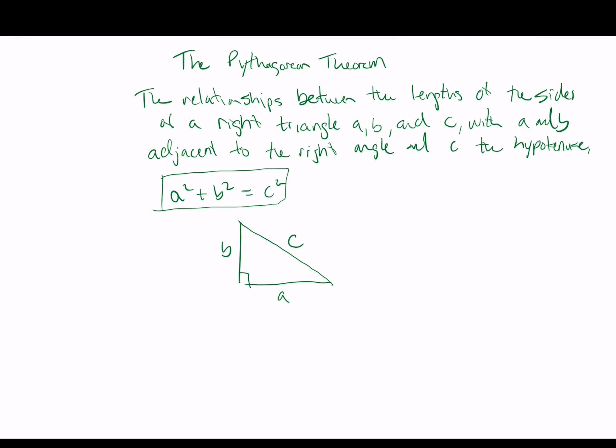So if we're trying to find the length of a missing side of a right triangle, then we end up having to use quadratic equations to solve for that. We end up having a square, something squared is equal to a number. So let's try and solve a right triangle problem where we know